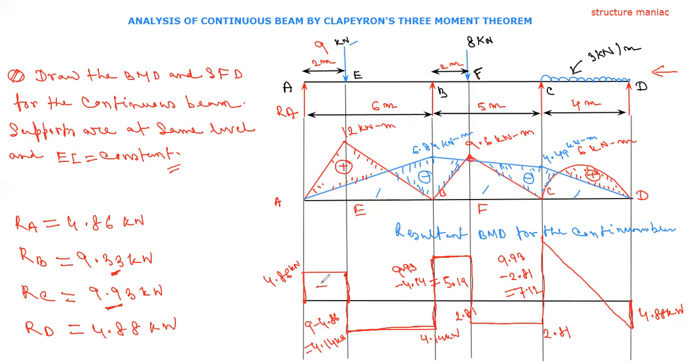So here we have positive shear forces, negative shear forces, positive again, negative, positive, negative. This is your shear force diagram. I hope for continuous beams, for 2-span and 3-span continuous beams, how to draw the shear force and bending moment diagram and how to find the reactions is now clear. Okay, so for now, thank you.